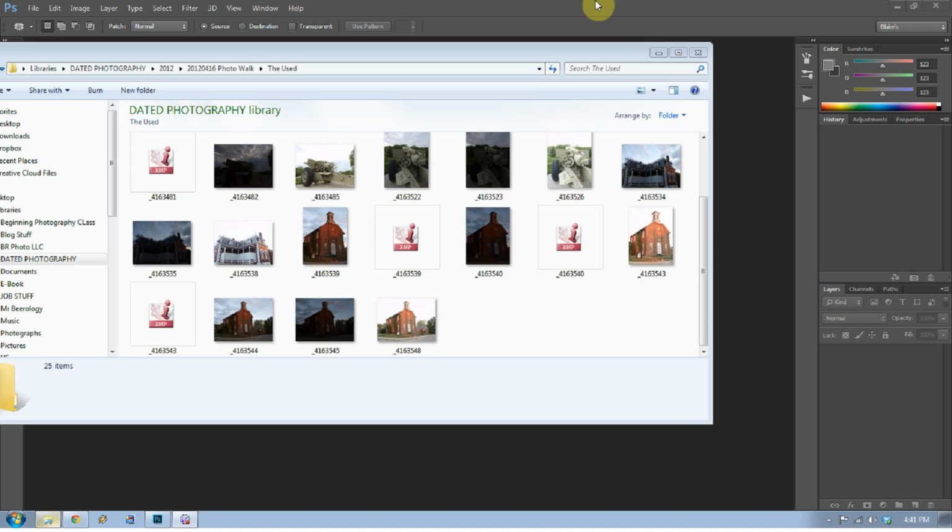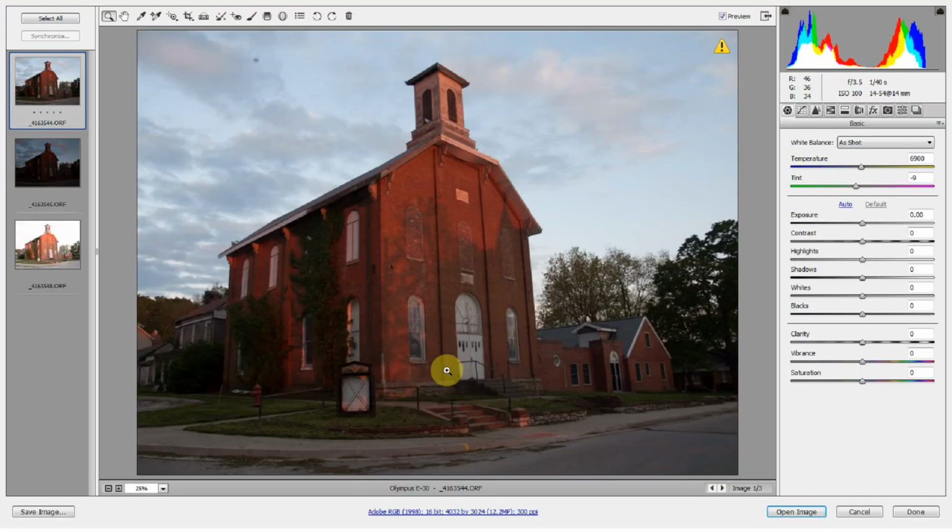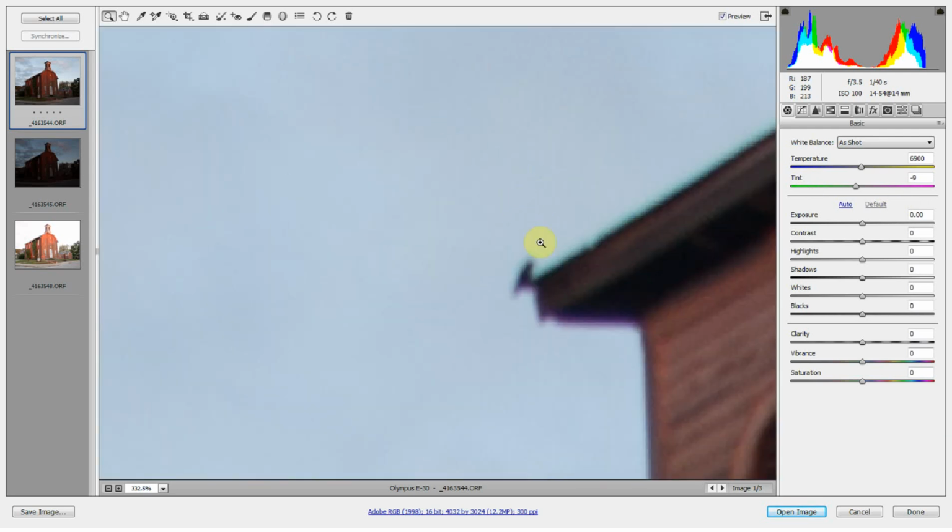The first thing I'm going to do is open up the folder that my raw files are contained in. Once I get that folder open, I'm going to click all of these and drag and drop them right into Photoshop. That will open all of them in Camera Raw. Now in Camera Raw, there's only a couple things I want to do before I go into HDR processing, and that mainly is noise correction and chromatic aberration correction, and we'll do some perspective editing as well.